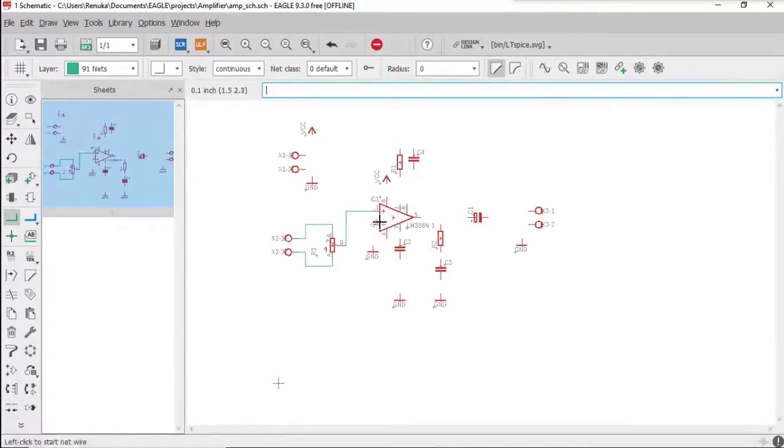Make sure you connect the input terminal pin 3 to the potentiometer. Pin 2 will be grounded.